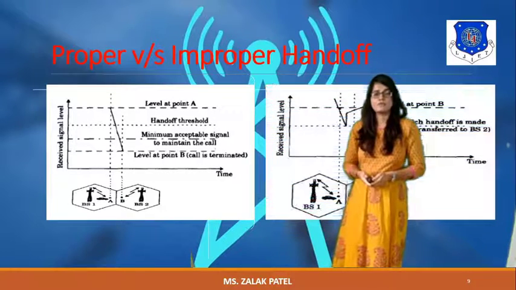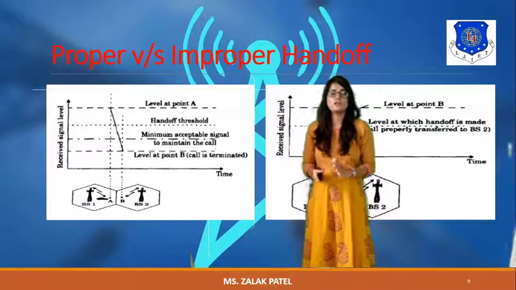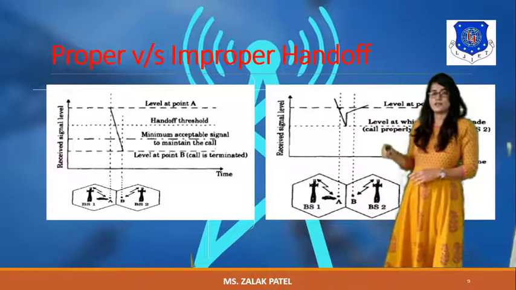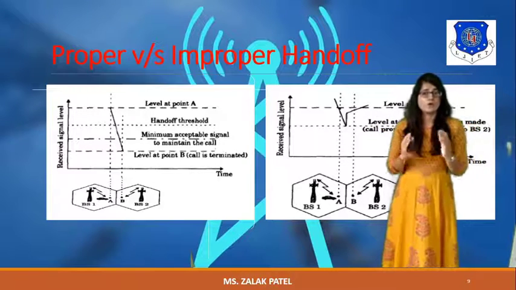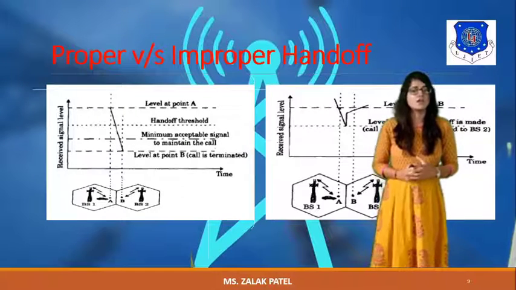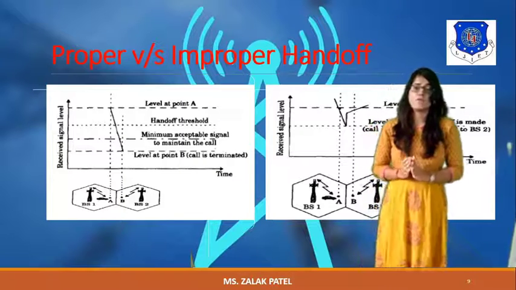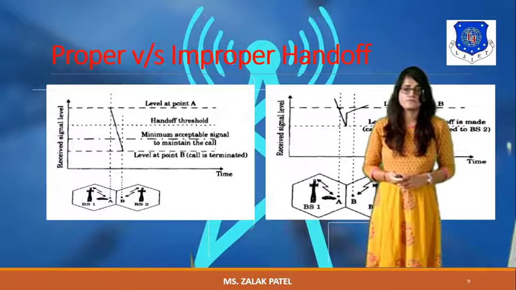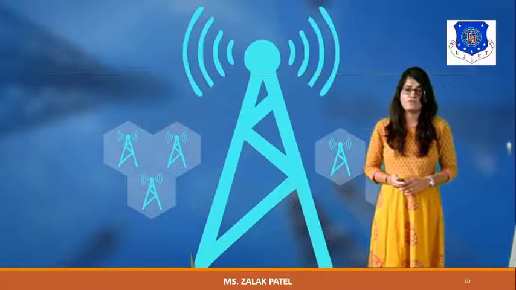Now, in the case of proper handoff, all these VCs are divided as shown here. In this case, you can note that the handoff signal is not completely broken, or we can say it is like a make-before-break type connection. So it is always desirable that the handoff should be proper compared to improper, because in that case the signal strength is not affected. So these are the two cases of improper and proper handoff.